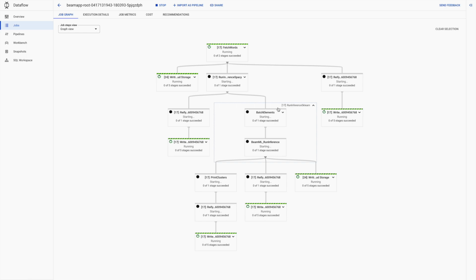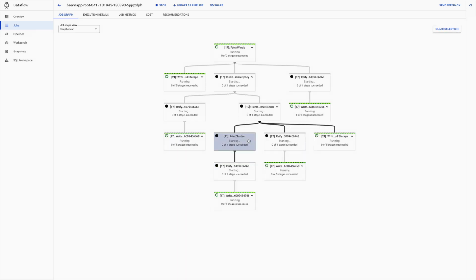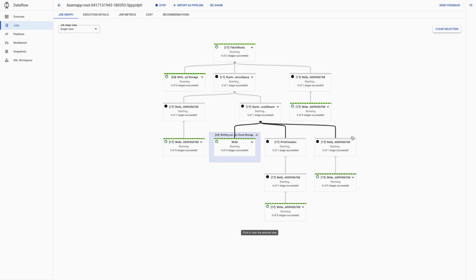Similarly, the run inference scikit-learn block also contains two stages, which are yet to succeed. This is a print clusters block responsible for displaying all the resultant clusters. This time, instead of words, the inference results in the form of vectors and clusters are written to the file